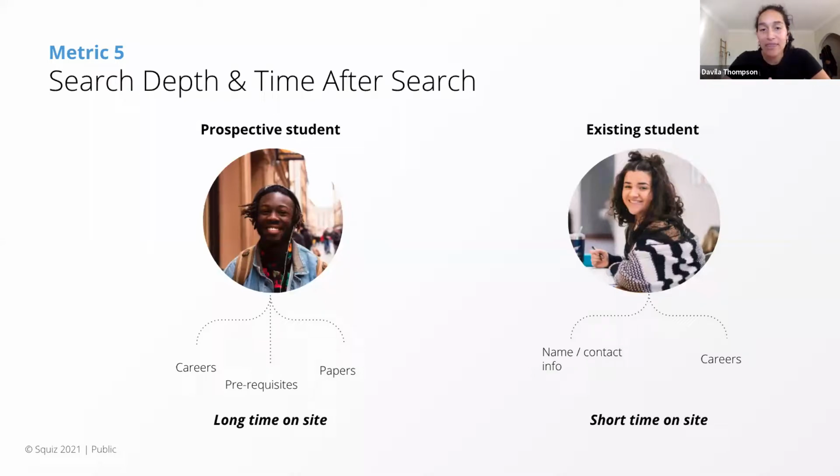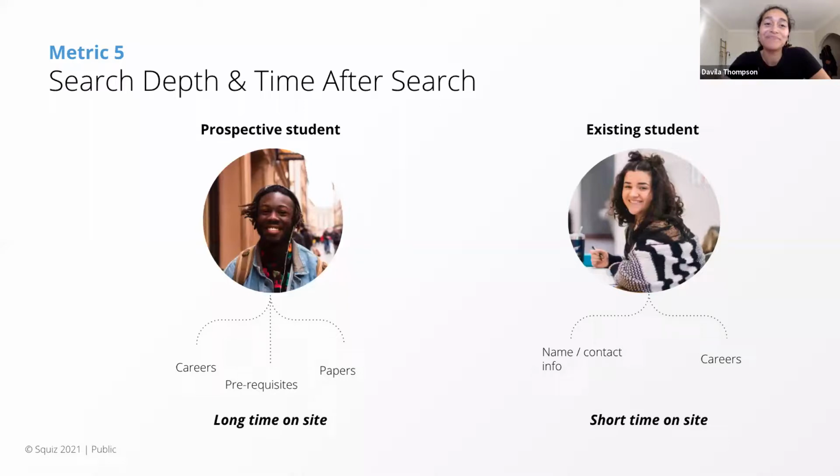Once again, please take this with a grain of salt. What we're told is that if the time on your site increases, it's objectively good because it's an indicator of user engagement, which will lead to a conversion. But I would also suggest it depends on what type of site you have. This definitely 100% makes sense for an e-commerce site or a content site like BuzzFeed, but it also makes sense in the early student acquisition cycle where you're presenting options, inspiring them with alumni stories and promoting all of that